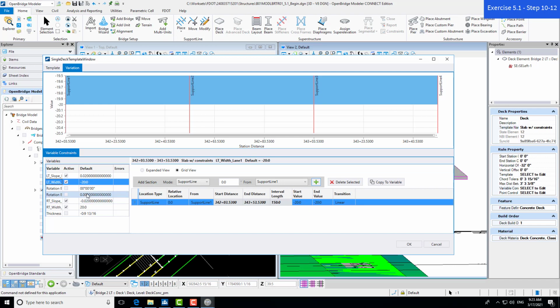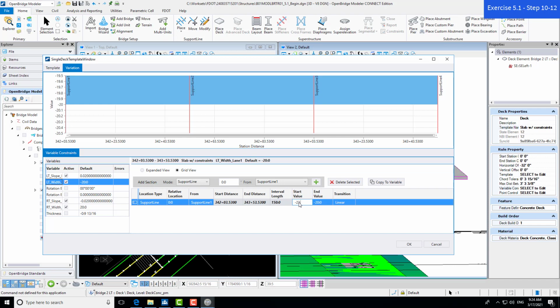We just need to be a little bit careful and make sure we select the correct values here. And notice that this is, again, our left width. And just the way the template is designed, this is actually a negative value. So we're going to, again, input our deck width for the left lane width, which is -23.6½.